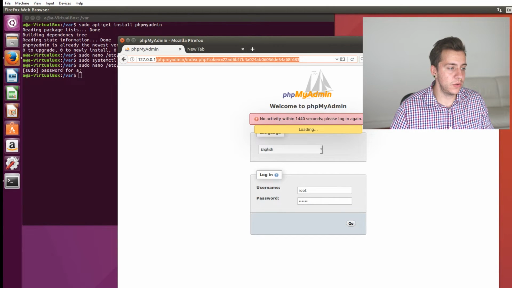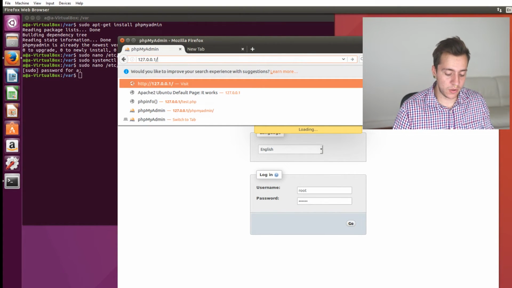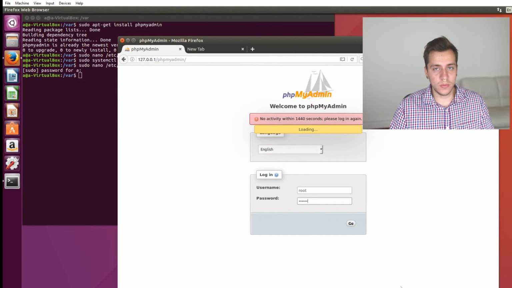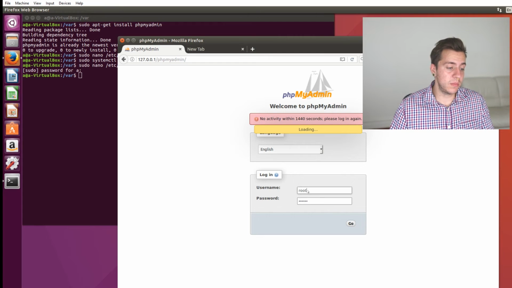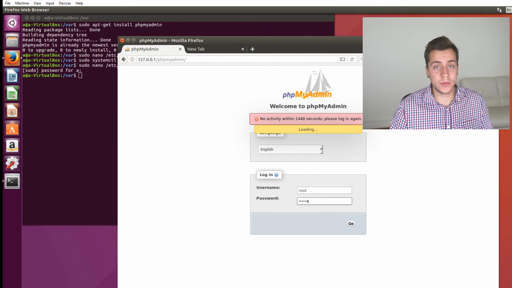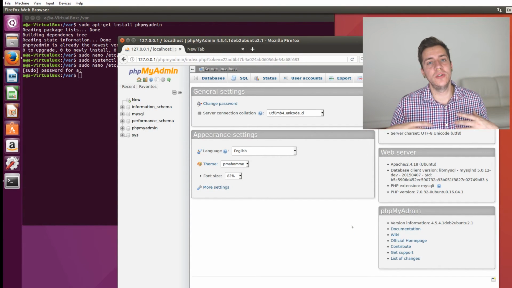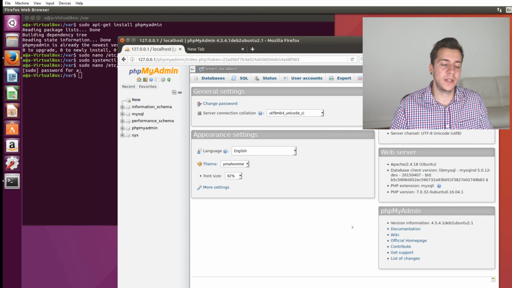So just simply go to 127.0.0.1/phpmyadmin, and you should get this login window. And to log in, you just simply type root as the username and that password that you used to set up phpMyAdmin before. Press go, and then you are in the graphical user interface that you can use to set up your MySQL database. So that has been how to set up the LAMP stack